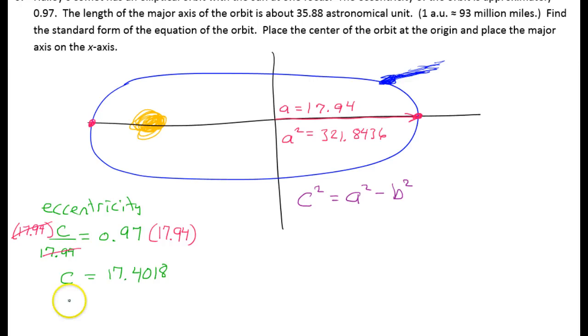Let's find out what C squared equals. C squared is 302.8226. I had to round right there. So let me substitute in C squared and A squared. So I have 302.8226 is equal to